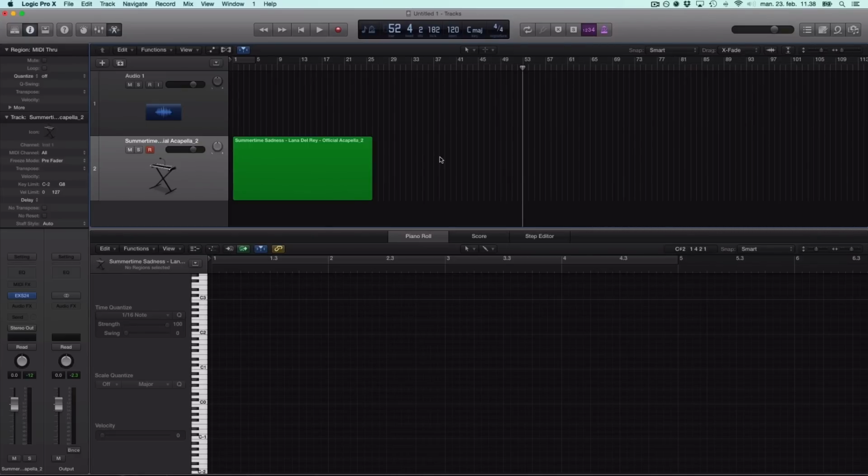I use my Launchpad, which I think is really neat for this. It has all these buttons and you can just tap anywhere and it might sound cool. So let's try that. Yeah, I like this one. So basically it's just playing around with it a lot until you find something you like, and combinations, like maybe you like one chop and you like another chop, and just try and play something and it might sound nice. I'm just gonna bump the BPM up to drum and bass tempo, and I'm thinking something like